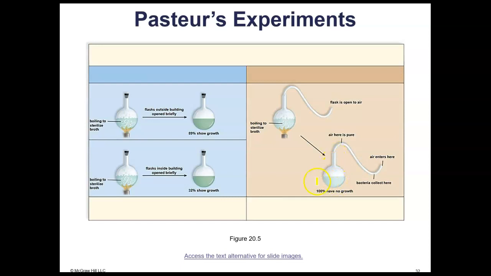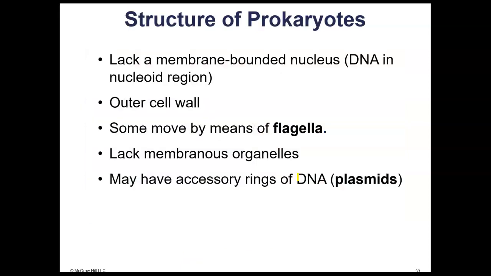And so whenever you use this method called pasteurization, when you use a flask that has this kind of S-shaped bend in it, you can have 100% of flasks that show no growth. So this was how Pasteur developed his method of pasteurization, and it's how we pasteurize milk and a lot of our canned and bottled liquids now, how we keep them free from bacteria and from making us sick. Now, prokaryotes, whether they are bacteria or archaea, their structure is very similar, even though there's differences, but we're